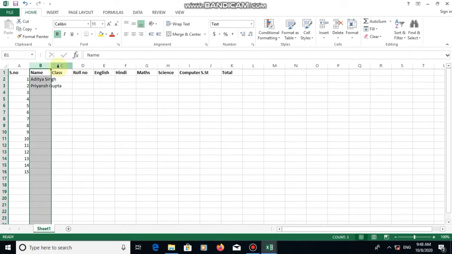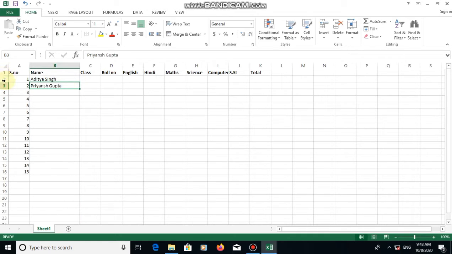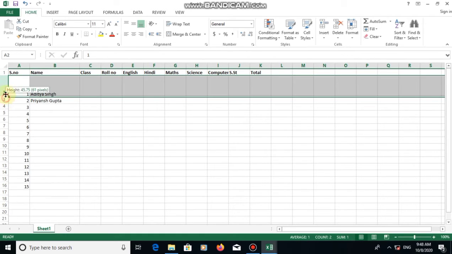As you can see this sign, click it and drag it. In this way we can increase the width of any cell. You can increase the height of a row also. Select the whole row and you can drag it like this to increase the height of any row.